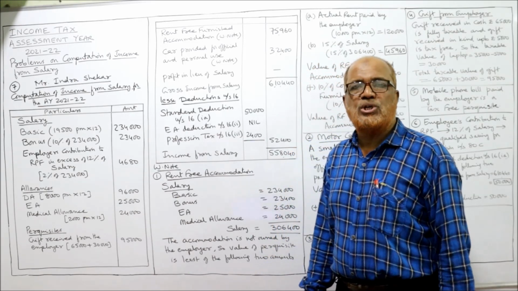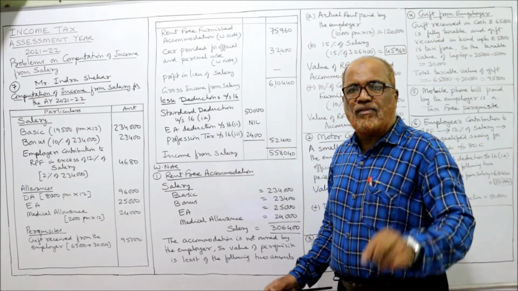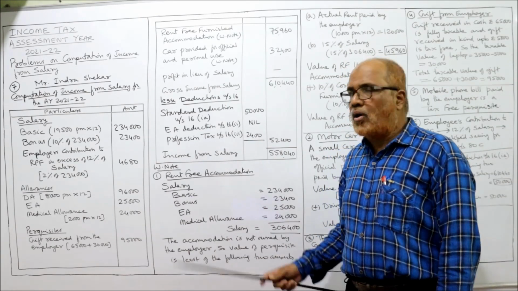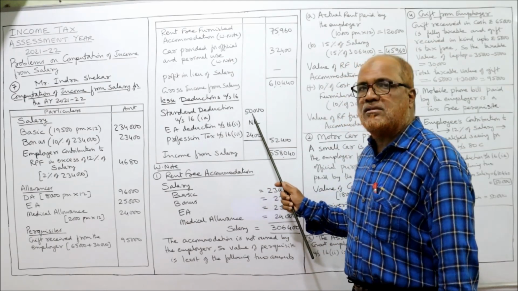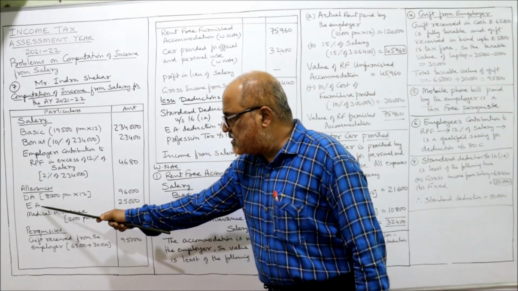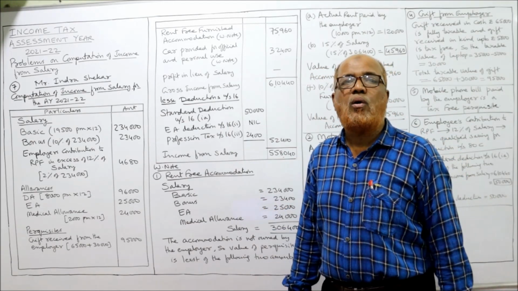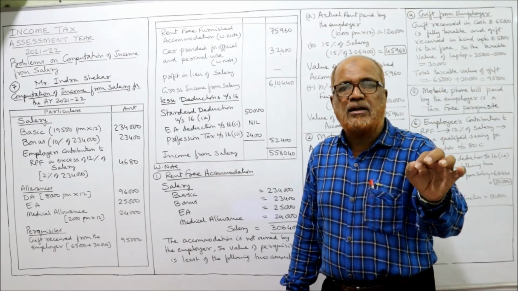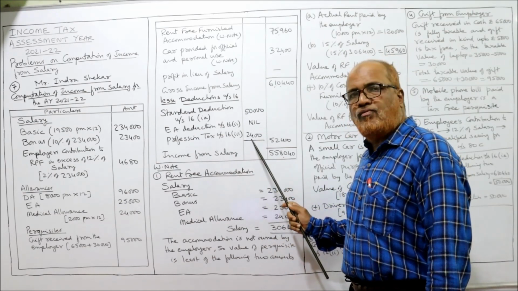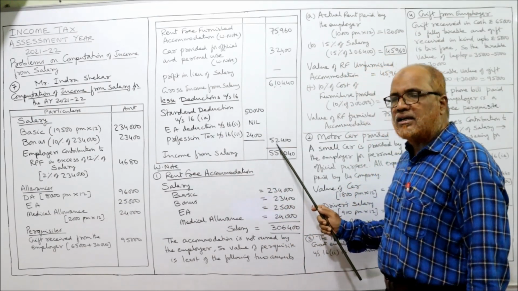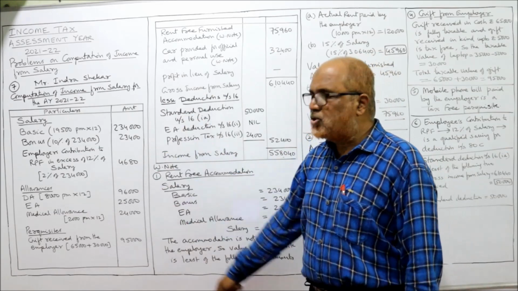Now deductions under section 16. First, standard deduction. Lesser of the following two amounts: the gross income from salary or 50,000, whichever is less. Gross income from salary is 6,10,440 or 50,000, whichever is less. 50,000 is less. EA reduction. Actually, EA is received. But EA reduction is not allowed because the assessee is a non-government employee. Only for a government employee EA reduction is allowed. Non-government employee, no EA reduction. Profession tax paid 2,400. So total 52,400 deduct. Income from salary is 5,58,040. That's it. This is the complete solution.